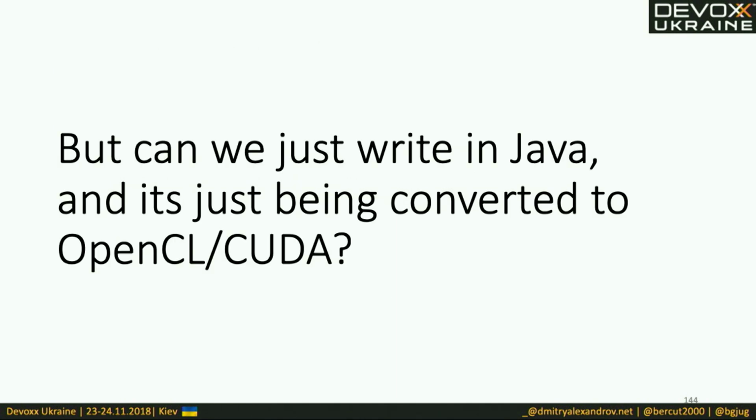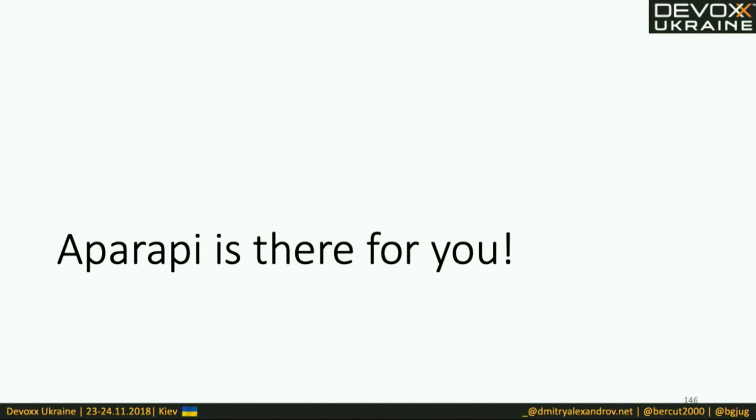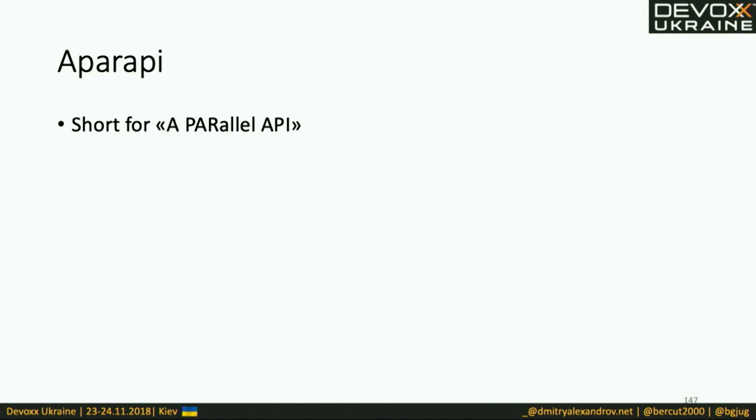But you know, we are not exactly GPU coders, or I would say Java coders. We are enterprise coders. We don't want to think about this. We just want to code it only in Java. So can it be automatically converted without actually thinking? Is there a way to do this? And actually you can do it via the so-called Aparapi, a parallel API.